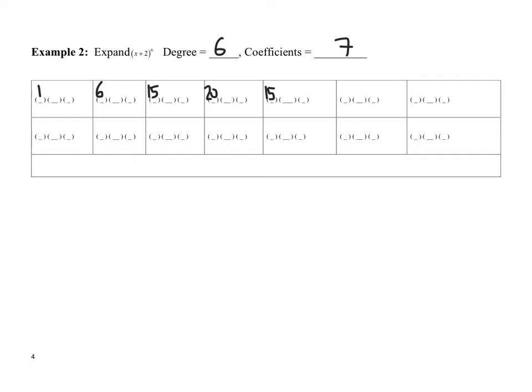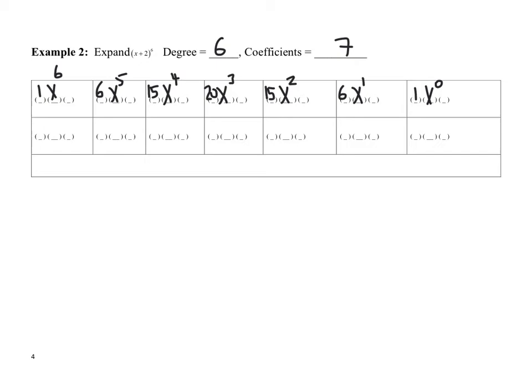This is 15, and the next one is, okay, so I got 20, 15. Why did I write 15 twice? This is 6 and this is 1. And then all I need to do is to write the x to power 6, x to power 5, x to power 4, x to power 3, x squared, this is x power 1, and x to power 0. And then